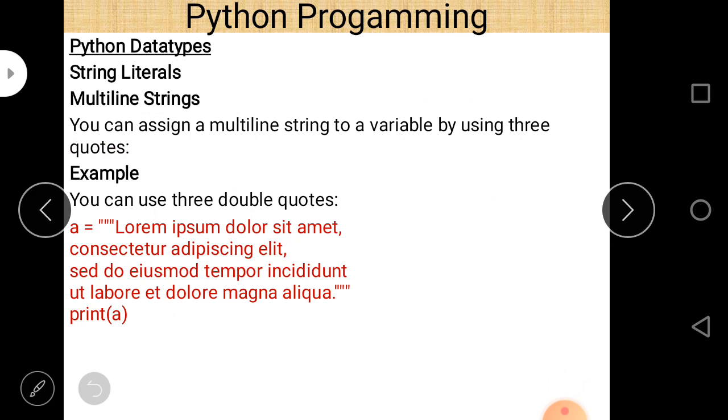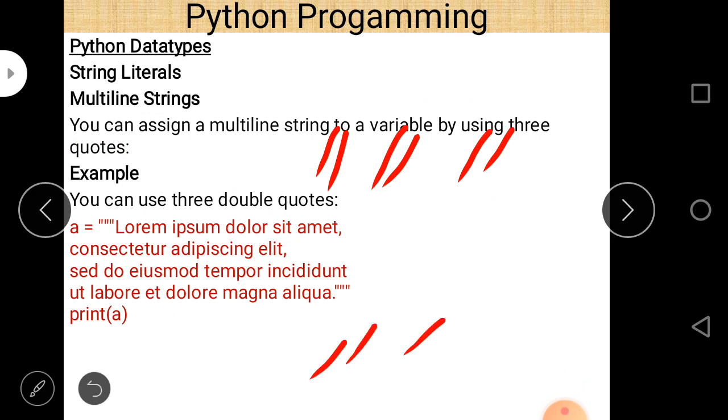And if there is a multi-line string, meaning a string that comes in more than one line, then how can you represent it? So there is a notation: double quotation marks 3 times to start a string and double quotation marks 3 times to end a string, like this.